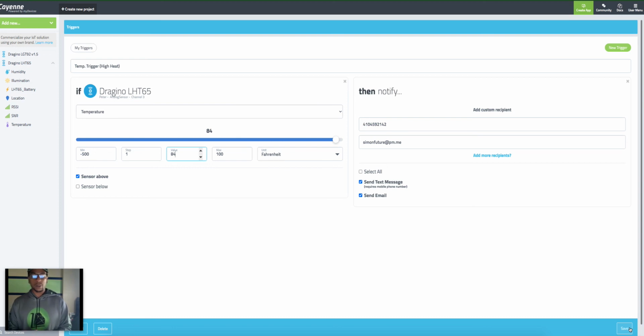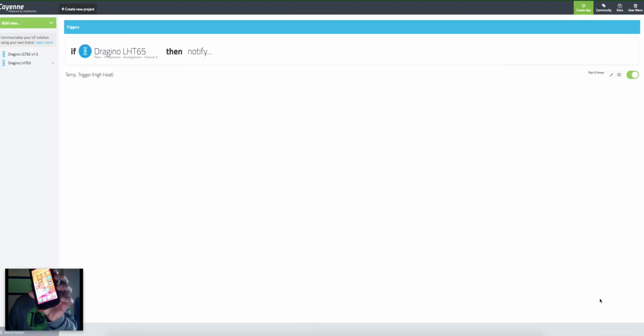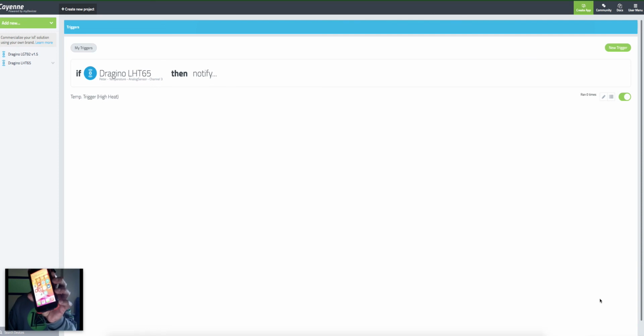Let me make sure all my messages are cleared, so we know. Alright, so I should be receiving a message. So you can see on my phone there's no messages. Alright, so now we're going to click save. Now let's see how fast this actually works. Okay, so while we wait for this notification,